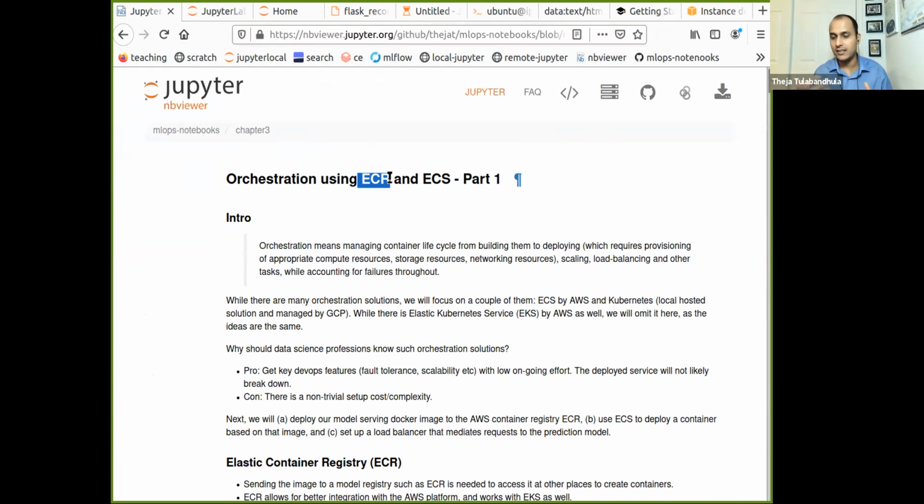We can always run docker run from any image, but we'll run it on ECS.